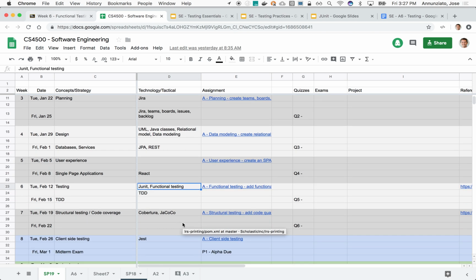Yeah, so we're finishing up the user experience sprint today, and we're going to get started on the testing sprint. So the topic for this upcoming sprint is testing. From now on, for any piece of code that we add, we want to make sure that we add unit tests to make sure that what we've created meets the requirements